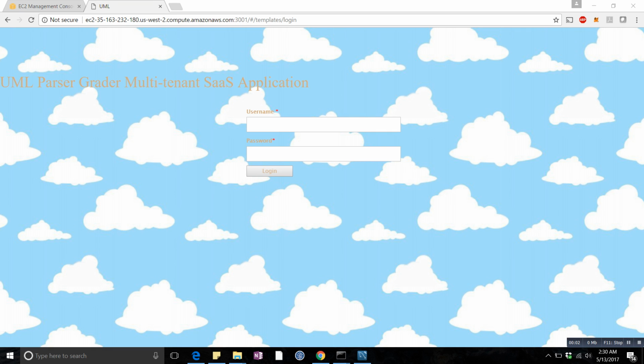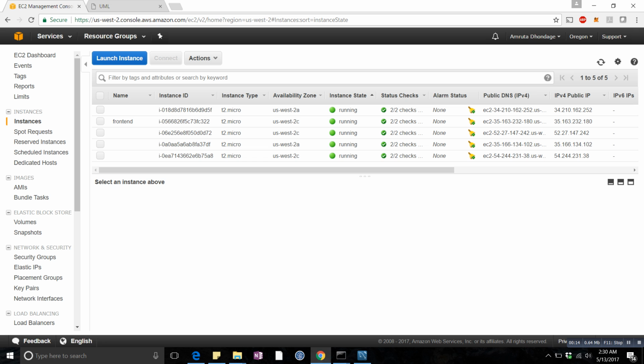This is the demo of the UML Parser Grader multi-tenant SaaS application, which is deployed on AWS instances. So let's start with the configuration that we have done for AWS. We are using the Oregon region, and as you can see here, there are 5 instances currently running, one of which